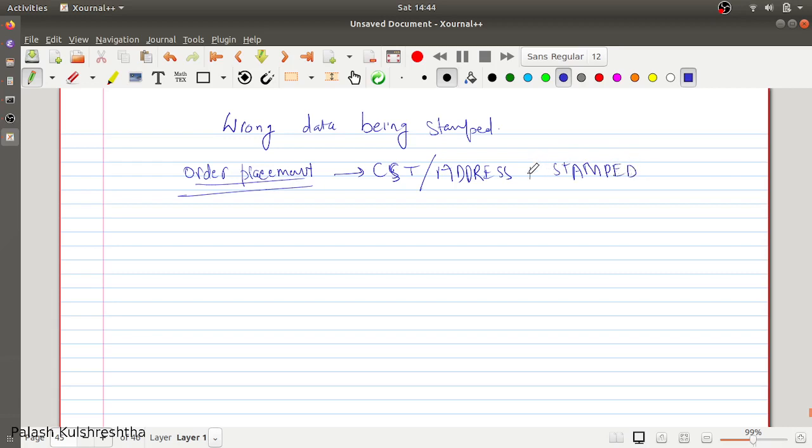It's not being stored in the database, though the address should be stamped, but in some cases, due to some reason, addresses are not getting stamped in the database. Orders are being created without their respective address, though users were giving the address. You have to debug a scenario in which you get a CST ticket or a bug report that some orders are being created in which no address was stamped.